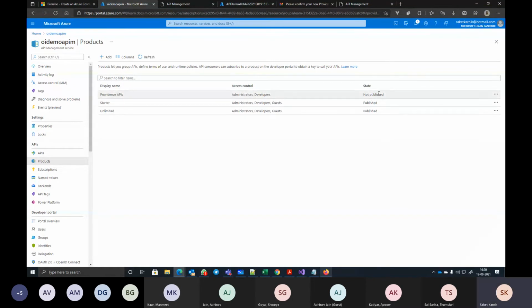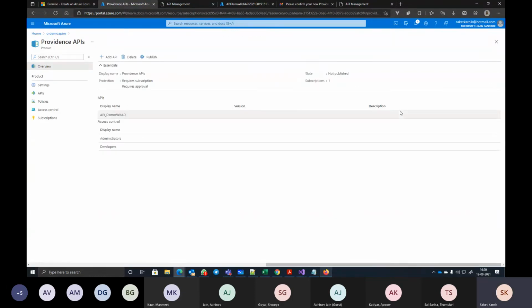See here the state. The other two APIs seem to be published, but what about this? Not published. So I come to products, select my product, and click on publish.